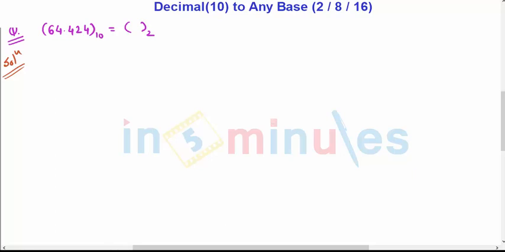So to convert 64 decimal into binary, I need to divide 64 by the base. So the given number is 64 and the required base is 2, and what I am going to write here is the remainder bit, which will be treated as the most significant bit or the least significant bit of the binary number. So we require to convert decimal into binary, that's why I am dividing this number by the binary base, that is nothing but 2.